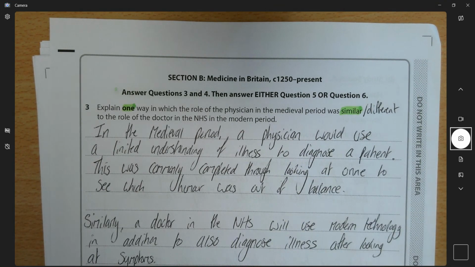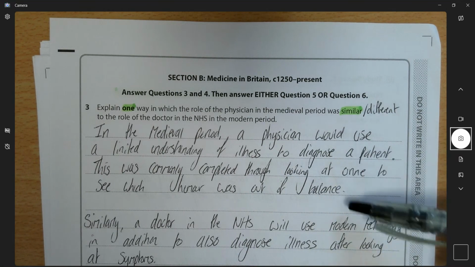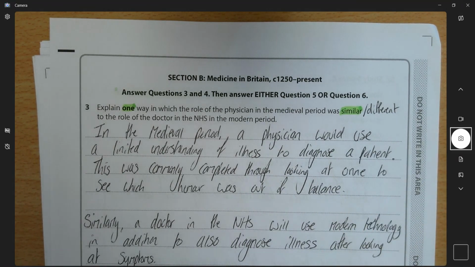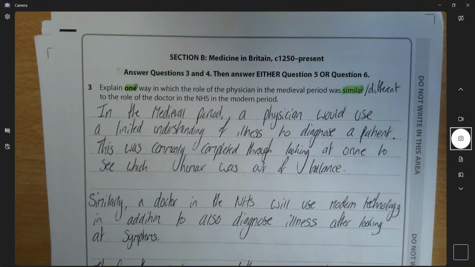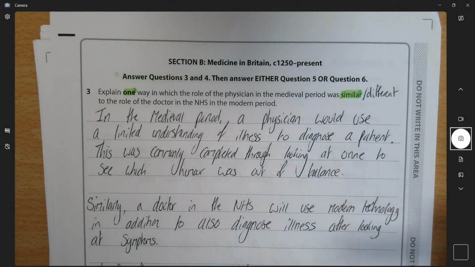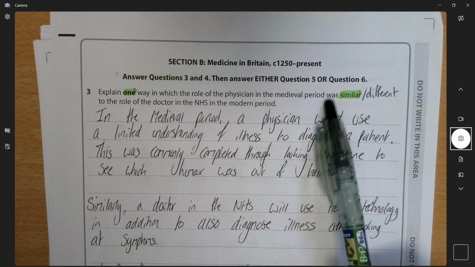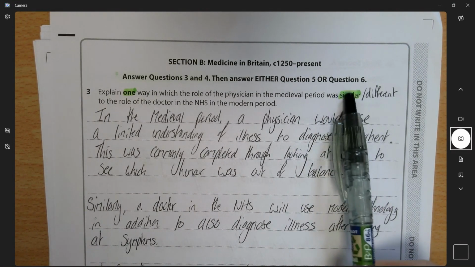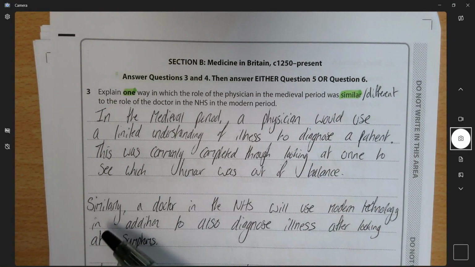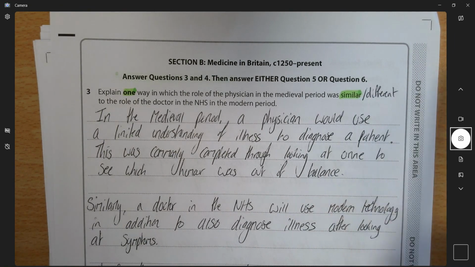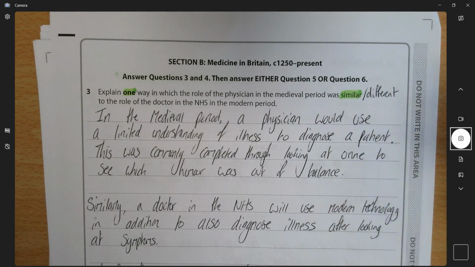So I get marks for that. I get 2 marks for that, in fact, because all I've done is basically say, this is what happened. Here's why I know this. So then I go into my second bit. You notice the word here, similarly. I'm doing this because the question is about similarity. If this was a question about differences, I might use a phrase like "in contrast" to show that it is different. But here I'm looking for similarities.